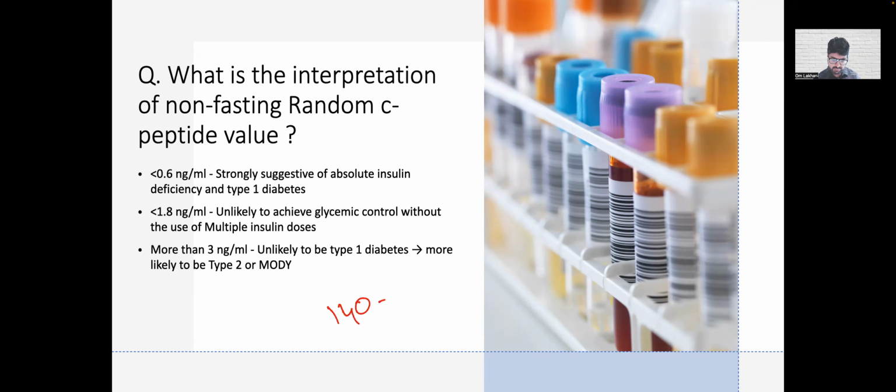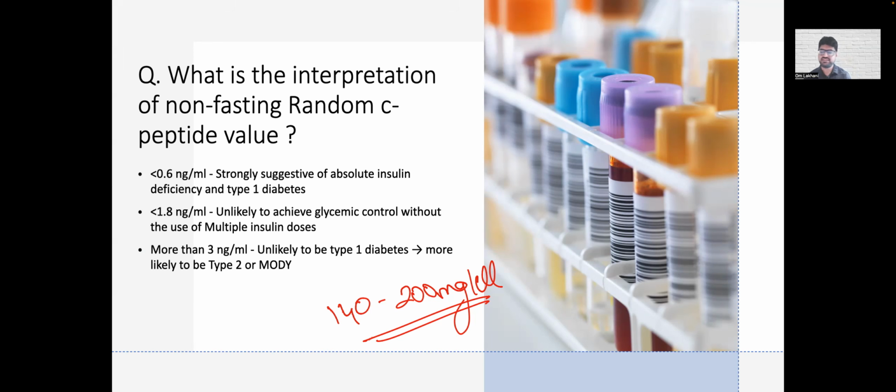Typically, a random glucose between 140 to 200 is a good time to measure a random C-peptide, right? So what I do in practice is, if I want to measure a C-peptide, first I use a glucometer and ensure that the patient's blood glucose at that point of time is between these values. And if it is, then I send the patient to the lab for measuring the simultaneous RBS and the C-peptide. If it is not, then I would rather wait or do a stimulated C-peptide test to make the interpretation. This is what I typically do in my practice, a little hack from my side.